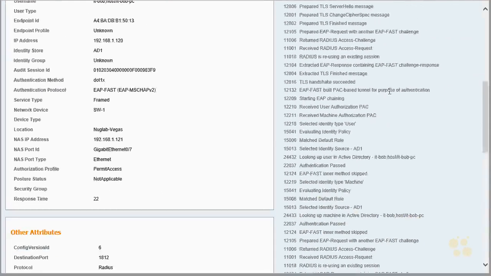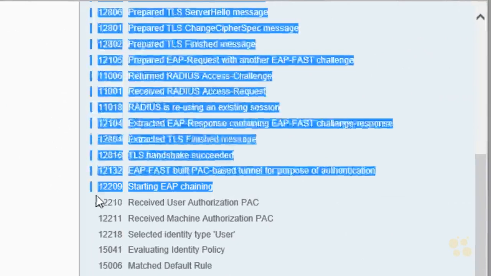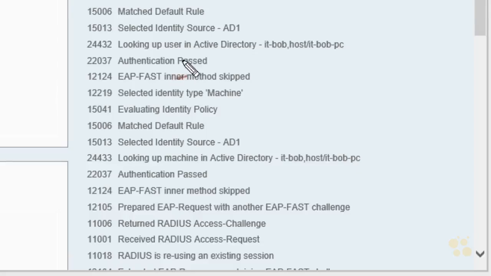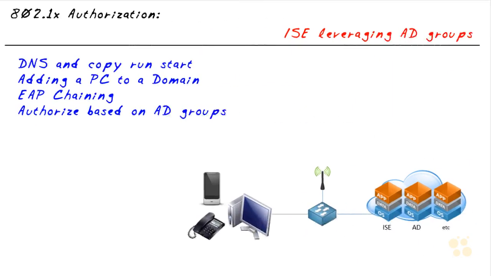And over here on the right hand side, it's also indicating as one of its many detailed steps that it was starting the EAP chaining process. And if we go down a little bit, it looked up the user in Active Directory. It also looked up the machine in Active Directory. And that's great. The next thing I'd like to do is walk you through how we can have ICE leverage